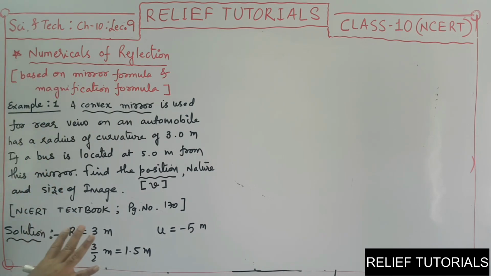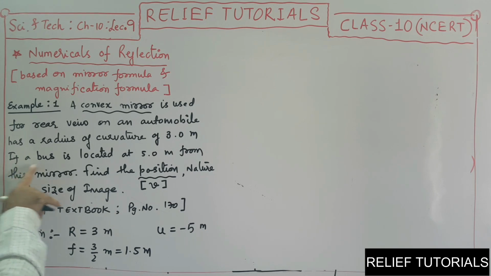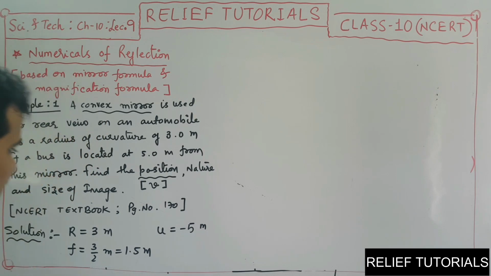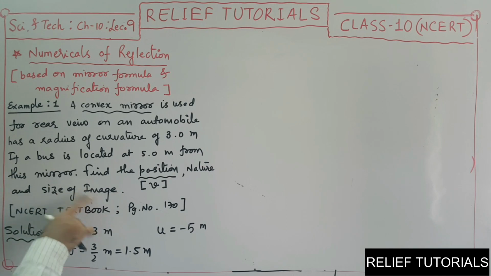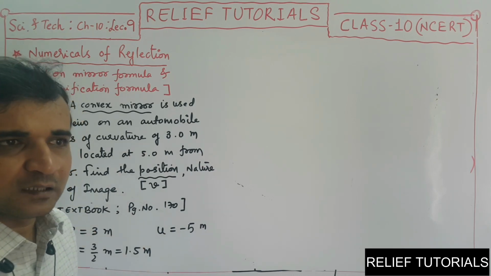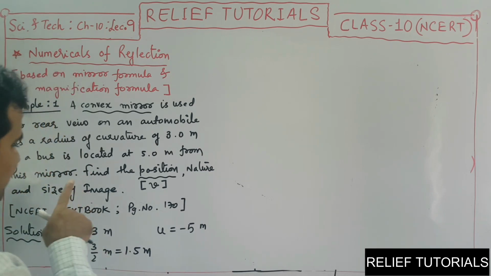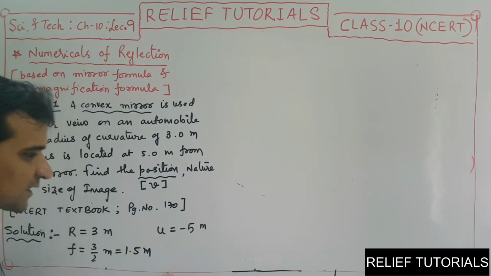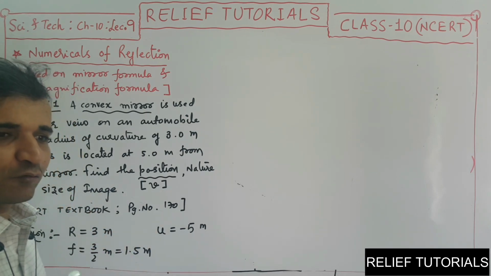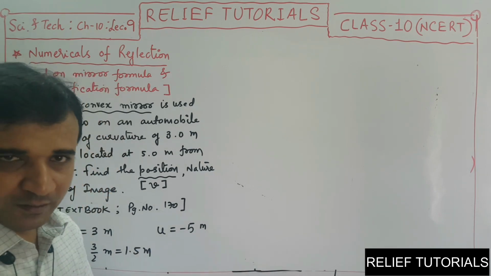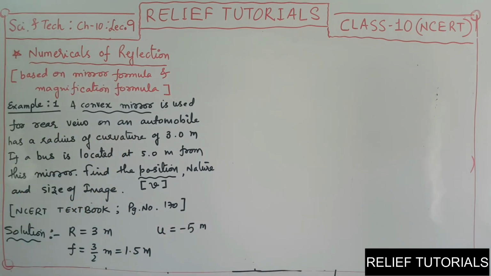Okay. The size of the bus is not given. Look at this. Obviously, the size of bus will never be given. So whenever the object size is not given and they are asking to find the size of image, how can we find it? In such cases, when the object size is not given and they ask for the size of the image, they are asking for magnification. You just have to answer how many times the image will be magnified, either smaller or bigger, whatever it may be. So these are the given informations.